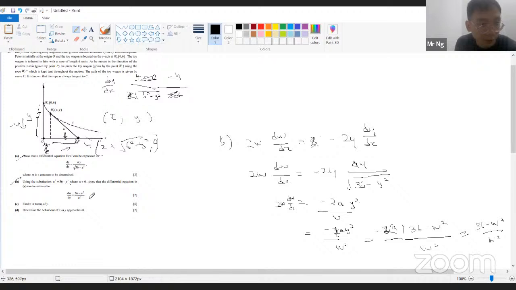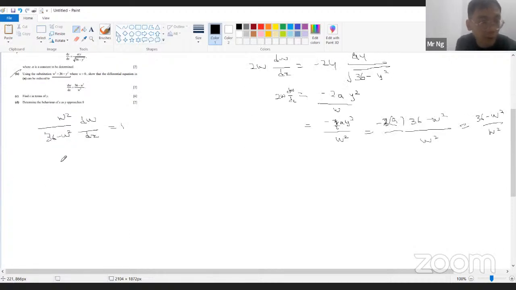Okay, find x. So we are just trying to integrate this. Then w squared over 36 minus w squared, dw/dx equals 1. Then integrate w squared over 36 minus w squared dw equals x plus c. So this one is 36 minus w. Sorry, how to do? Then w squared negative